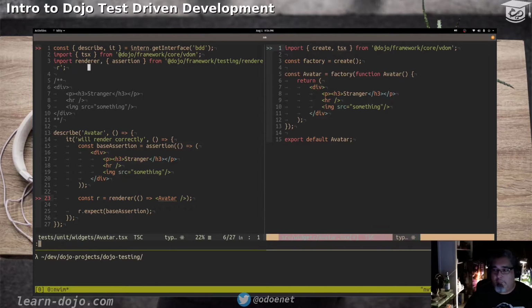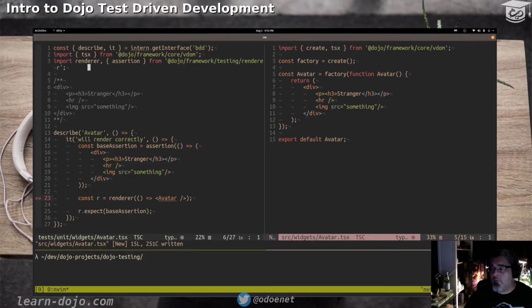Bam. Okay. So there's our widget, and it's exactly what I'm expecting in the test. So if I were to, I've got to import it because